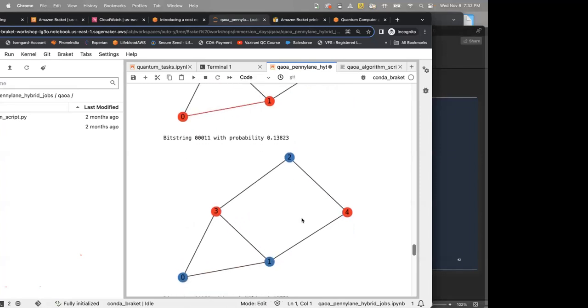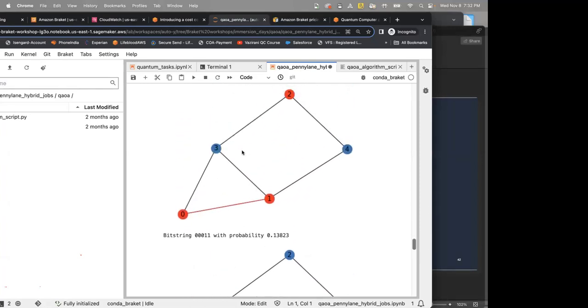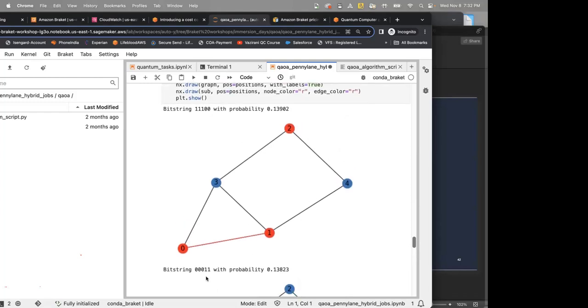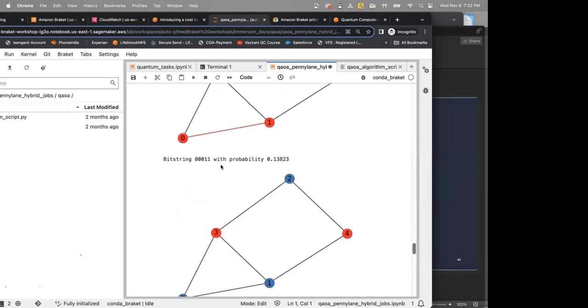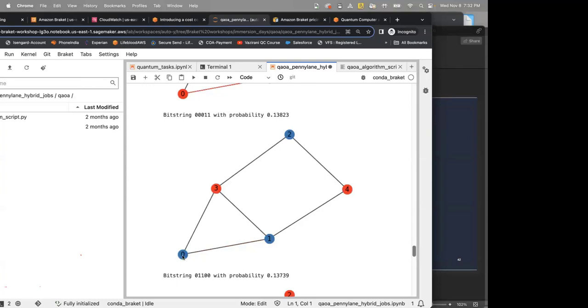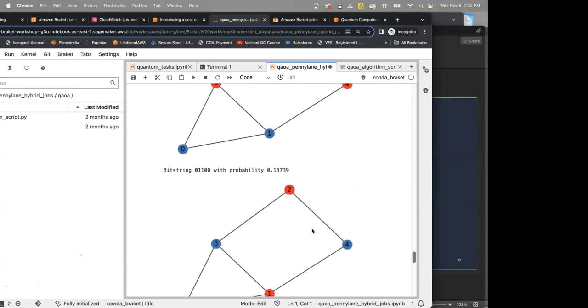In a similar way, for the other bit string, basically this is a symmetric graph, so this is just a complement of this one. So 0, 1, and 2 vertices are in the blue subset, and 3 and 4 are in red. Again, this will be a cut like this, and that will give you 5 cuts as well.